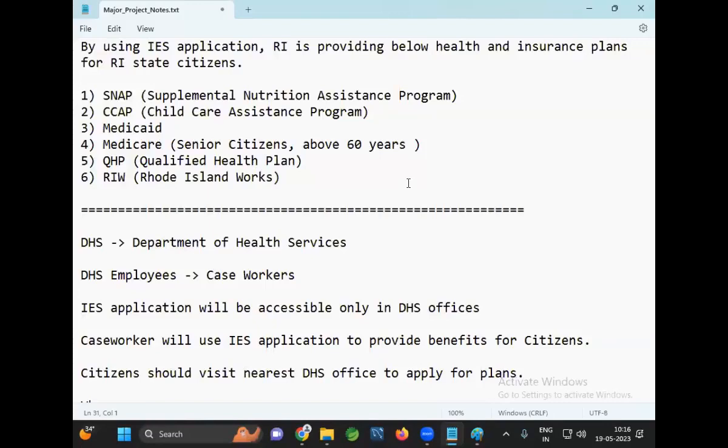People will apply for the plans. Some people will be denied for the plan. Some people will be approved. Some people will be terminated. I want to download the report of who got approved. I want to download the Excel of who got denied. I want to download the report of who is continuing with the plan, who is ongoing with the plan. I want to download citizens' data of who was denied for the SNAP, who was denied for the CCAP, who was denied for the Medicaid. Our first mini project is already ready. That is a reports module. Can I say that is one microservice?